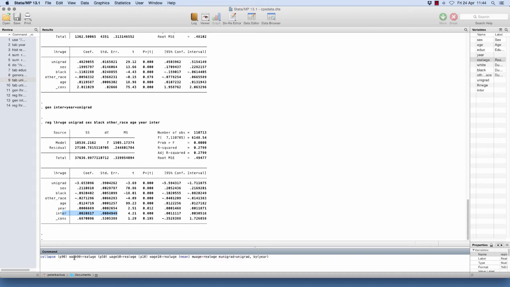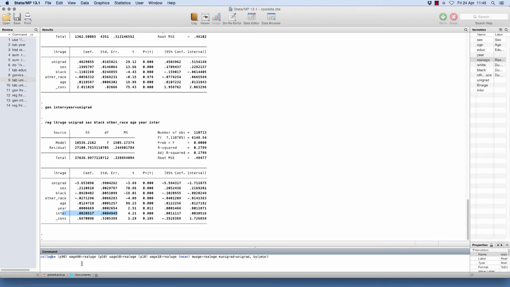So instead what we're going to use is this fancy command called collapse. Just copy and paste it from the worksheet. What this does is it's going to create a new data set that is full of summary statistics in each year. Okay? So this is saying collapse our data, and Stata, I want the 90th percentile of the real wage, I want the 50th percentile, the median of real wage, I want the 10th percentile, I want the mean, and I want the mean of unigrad